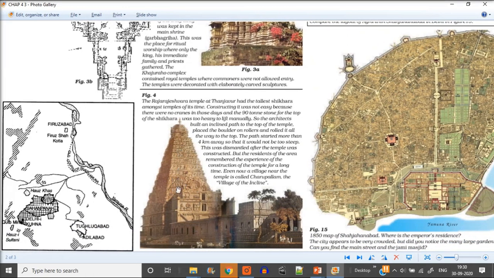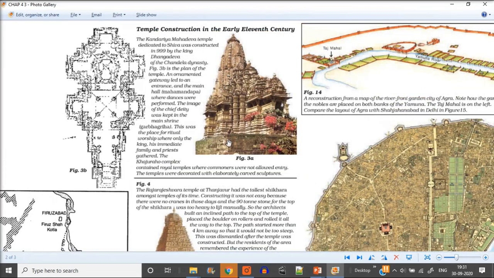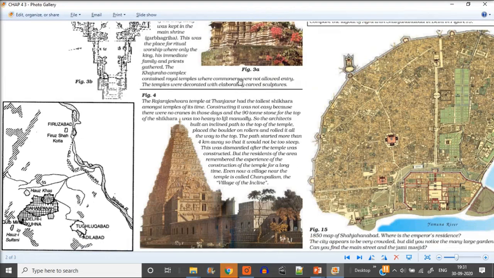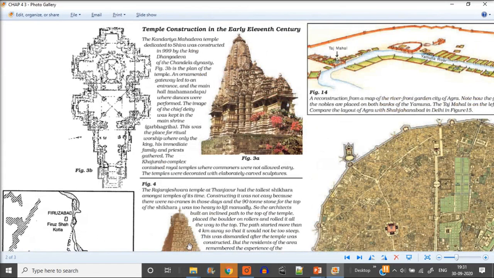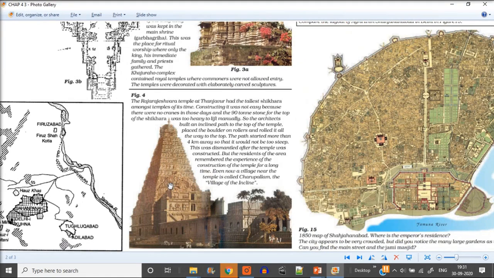If you come down, this is the South India structure. This is Rajaraja's temple. You see, this is a Viman or a Shikhar. Again a pointed structure for the deity which is placed here in the Garbhagriha. This is also called Viman. And this size, if you see the Shikhar, it's twice. The Rajarajeshwara temple's Shikhar is twice as compared to the Dhangadev or the Kandariya Mahadev Mandir.